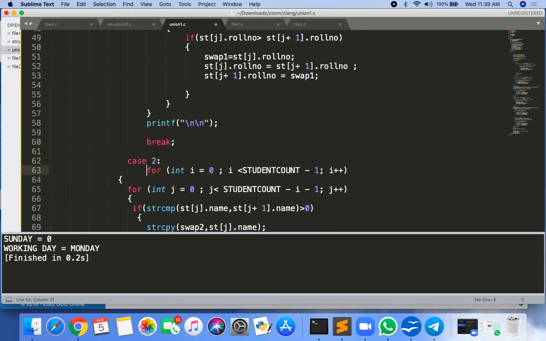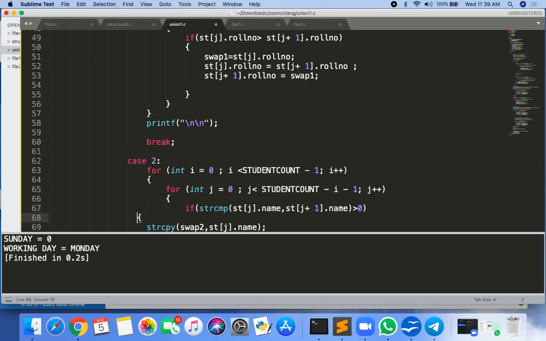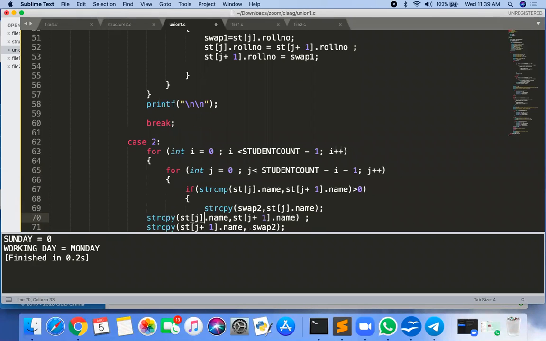Case 2. Here also you have swapped only the name, but the remaining data has not been swapped.